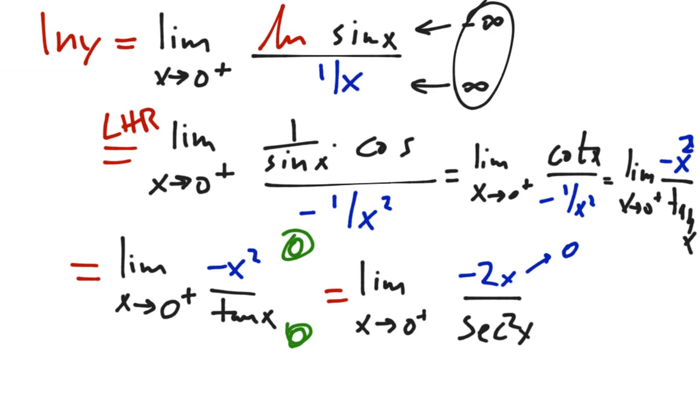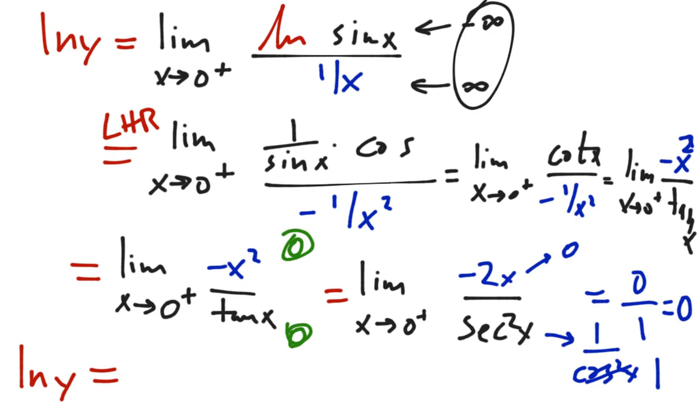Now I can plug in 0 again, and when I plug in 0 into the top, I get 0. And then secant squared is 1 over cosine squared. If I plug in 0 into cosine, I get 1. So eventually this ends up being 0 over 1, which is simply 0. This is a very good thing. So our limit ends up being 0, but we are not done yet,